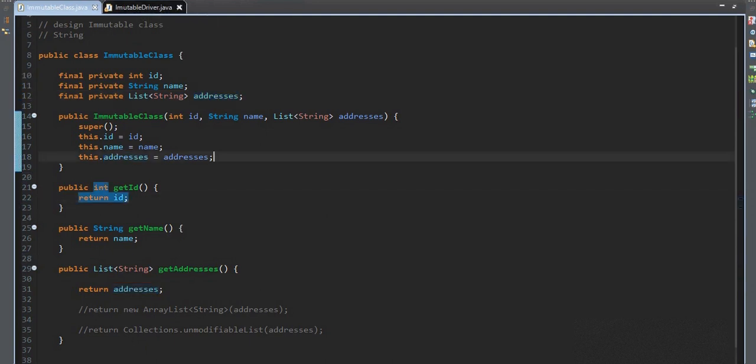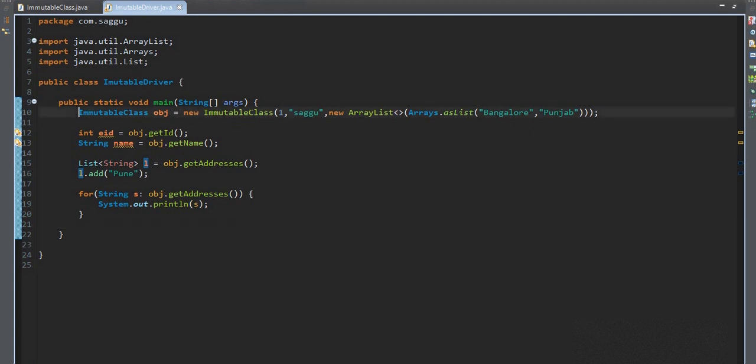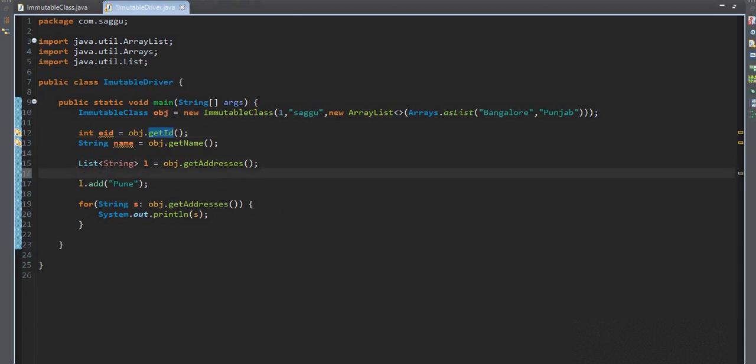This is just a driver class where I'm creating an object of the same class. In the same way I have created the object with id, I passed name and the list of addresses like Bangalore, Punjab. Here I'm using the getters to get the values.